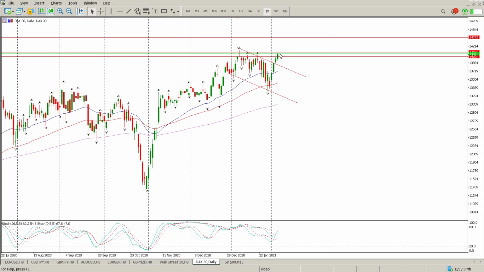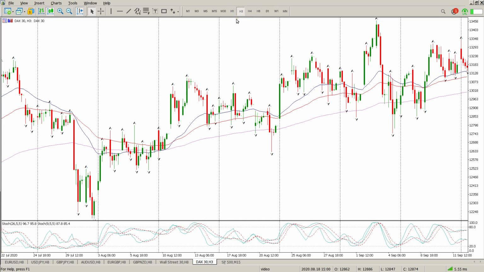So finally we get a daily close above 14,000. That is the solid break, so we've got the confirmation break. The fact that yesterday's daily bar is quite a bit bigger than the previous bar could indicate a bit of exhaustion as well. I'm not entirely convinced of that. Look at your oscillators. Oscillators have just crossed over and are pointing up at the moment. So on the daily time frame, I think we have a trend continuation scenario brewing at the moment, and that is what you need to be looking for.